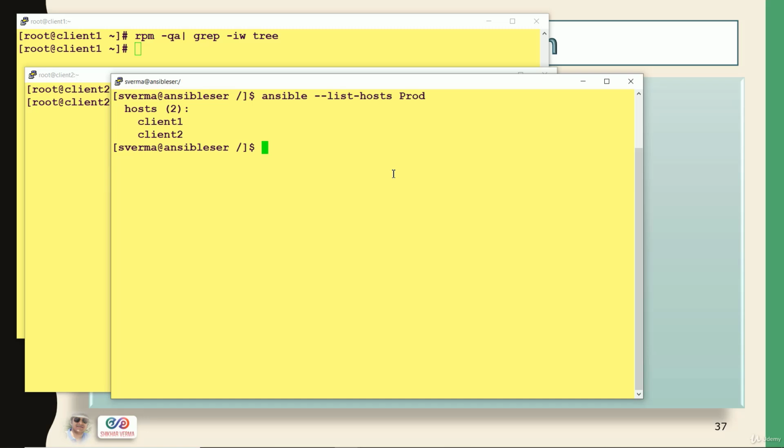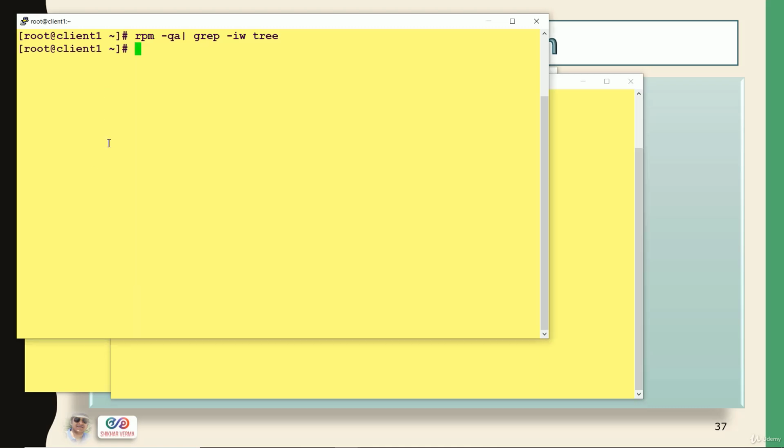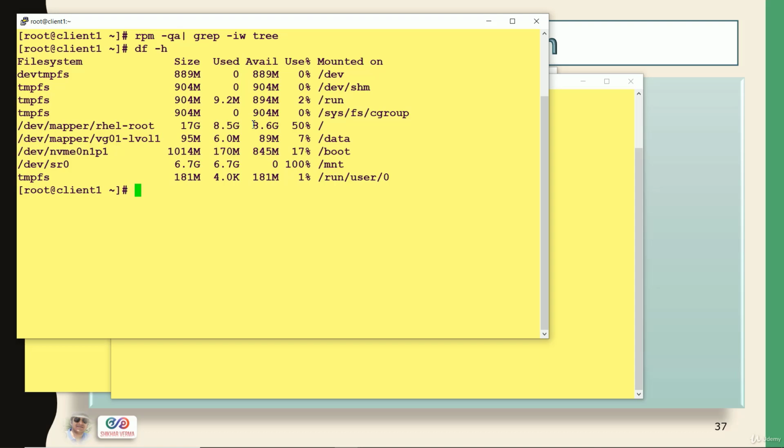Now I'm going to use the command ansible and -m, that is module. The module I'm going to use is the yum module. Make sure that yum is working on all your client machines. Your client machine should be connected with your local yum server or the satellite servers, whatever you have configured. So for testing purposes, I have created a local yum repo. I have simply mounted my CD drive. You can see that, this is my CD drive that I have mounted, and